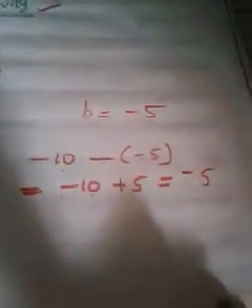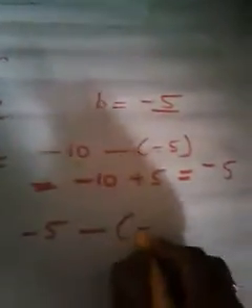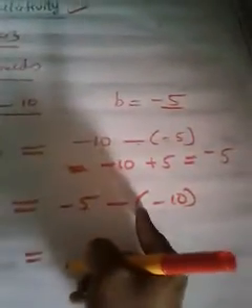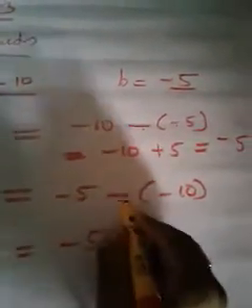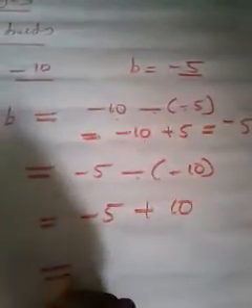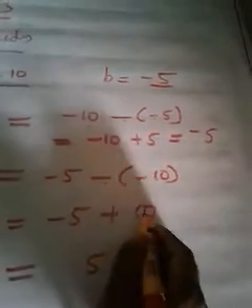You may have understood. Then what is b minus a? What is b? -5. Then what is next? Minus. Then what is a? A itself is -10. Then give a bracket and -10. That's the rule. A bracket is necessary. After the subtraction sign, if again there is a negative number, it is better to give a bracket. Now -5, minus becomes +10. How can we calculate? What is the difference? 5. But this time which is the bigger number? 10. What is the sign of 10? Plus. So the answer will be +5.